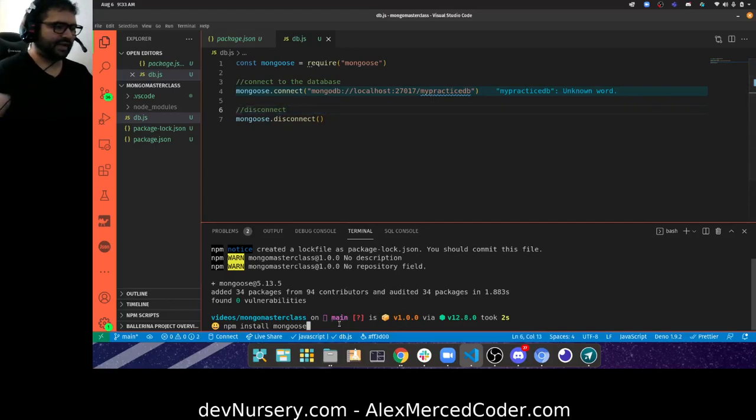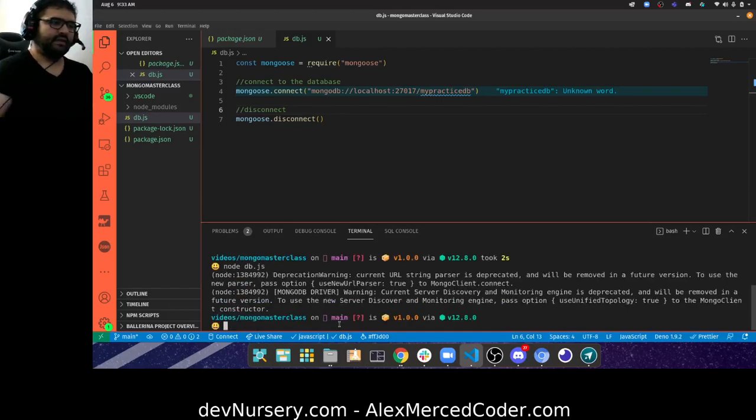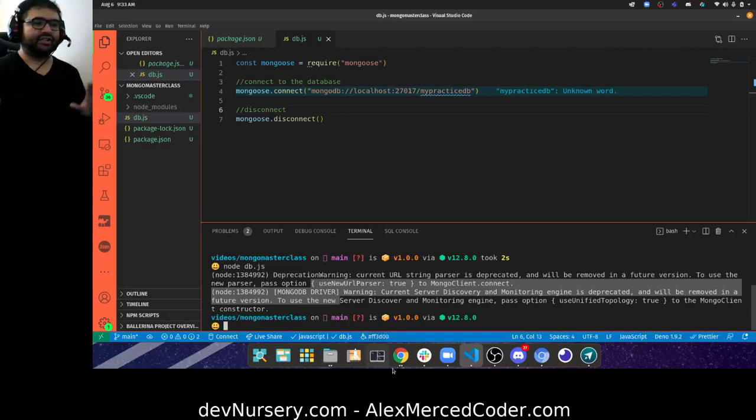Well, let's see what happens when I run this script. So that'd be like node db.js. Okay, notice I get all these little warnings. Technically, they shouldn't cause you any trouble, but if you want them to go away, what you do is that